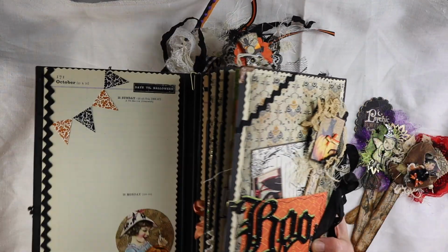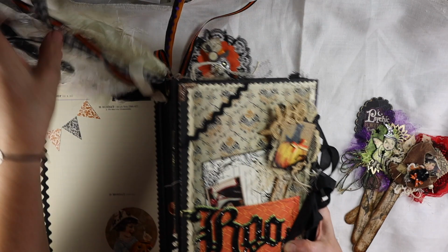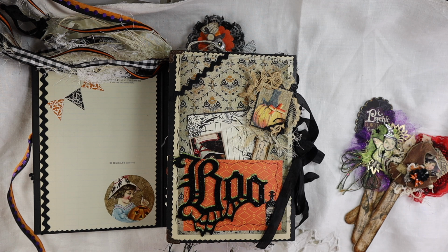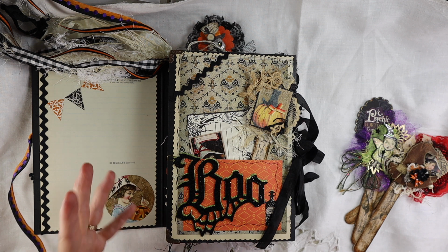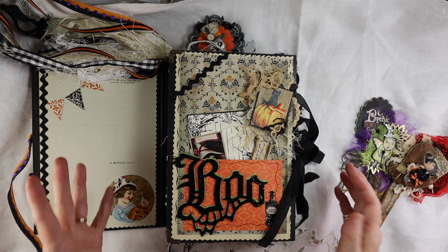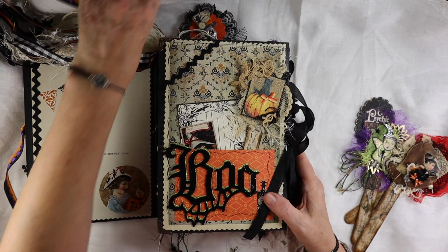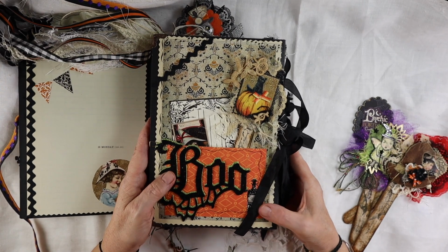So I'm a member of the Graphics Fairy design team, and all of these images are available if you're a member of the Graphics Fairy premium membership site. Most of us know who the Graphics Fairy is, and they have been giving away things for a long time, and they've been very, very generous, and now they have a membership that you can join, and there's probably thousands of images and bundles and digitals, things that they make with the prints that they have that are super fun that you can make envelopes with and journal pages. So I'm going to go ahead and show you what I've done with some of the Graphics Fairy